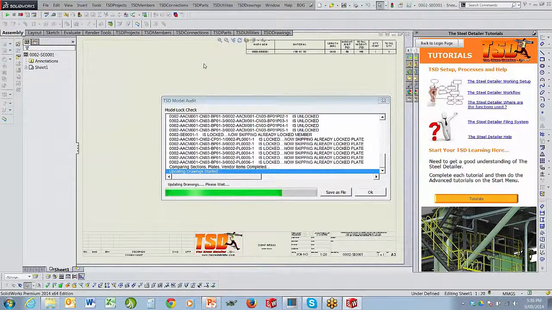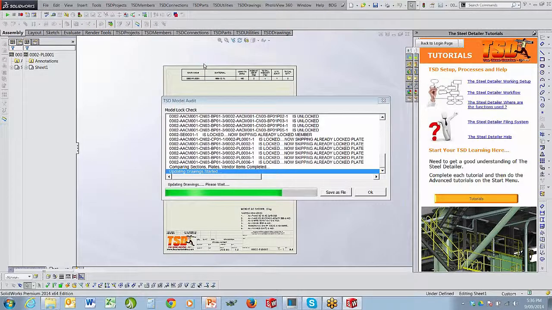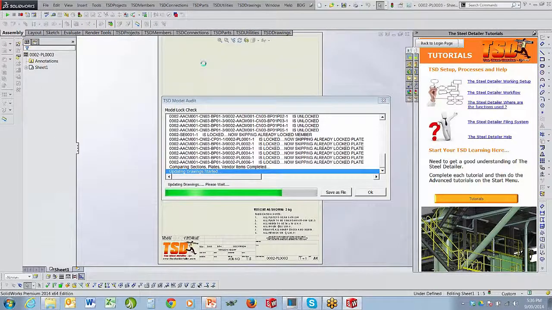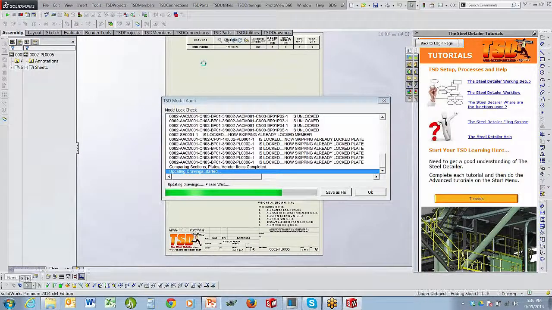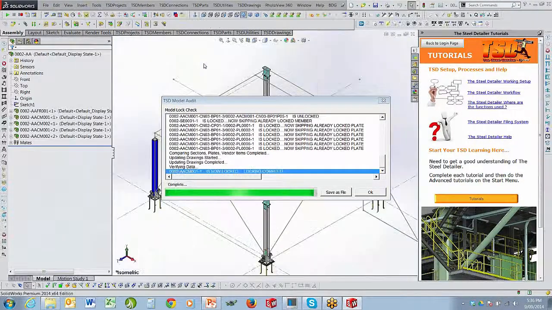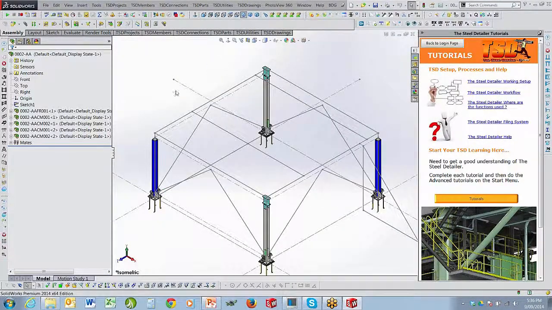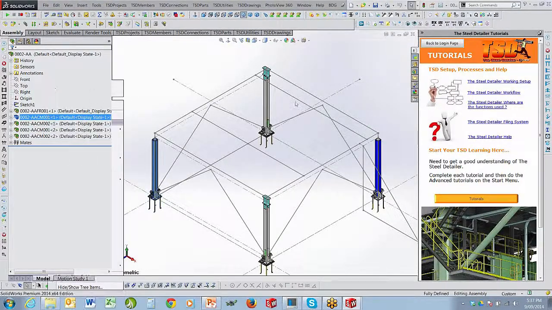So you can see now it's adding in the BOM to the drawings, and it's putting in the title block information, and it's swapped out the sheet format. All this is happening at once. This is what the audit's doing. Now what it's doing is it's putting the drawings into a final state. You'll notice that both columns have changed colours. Okay. If I go and open up column 1